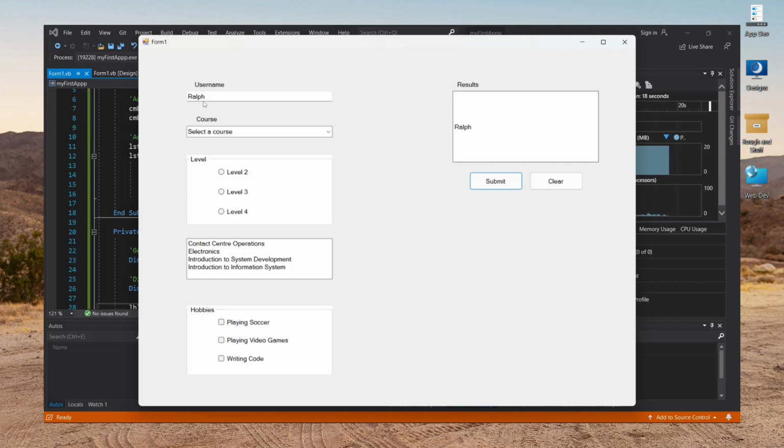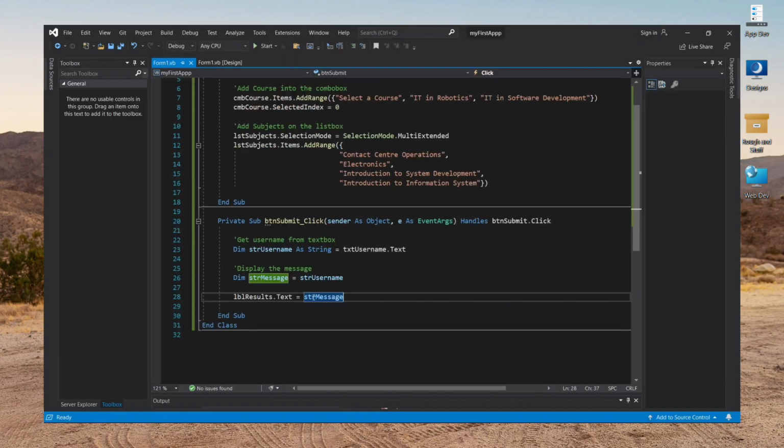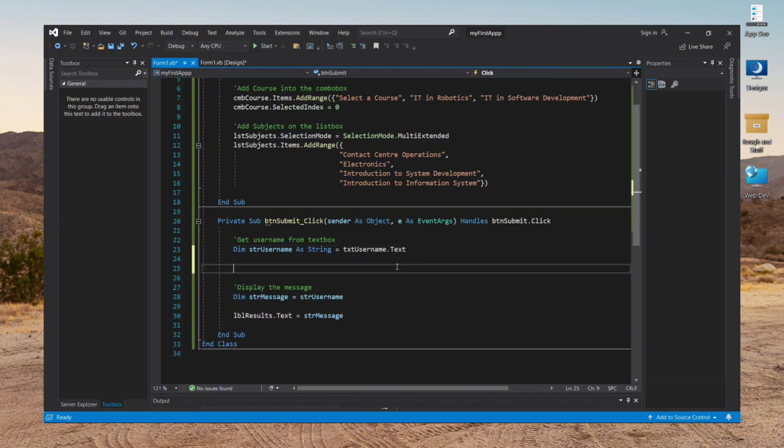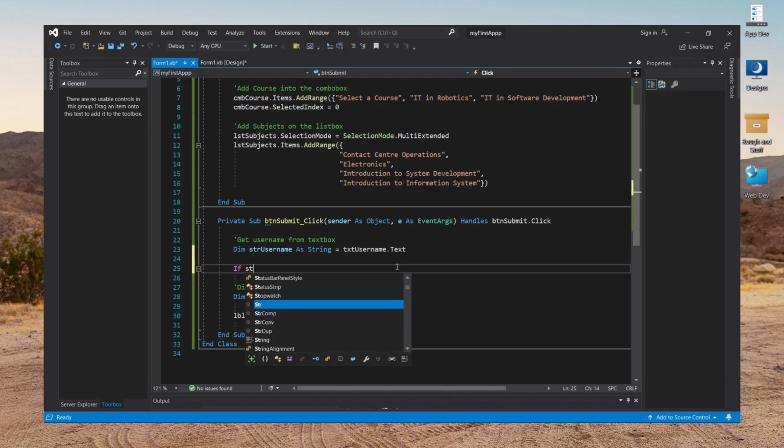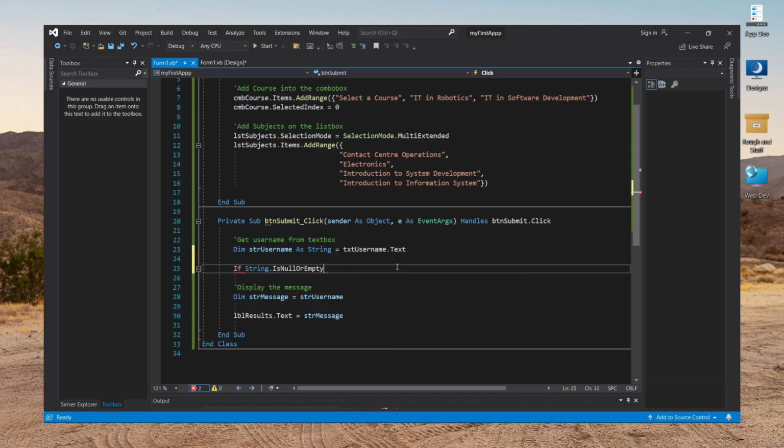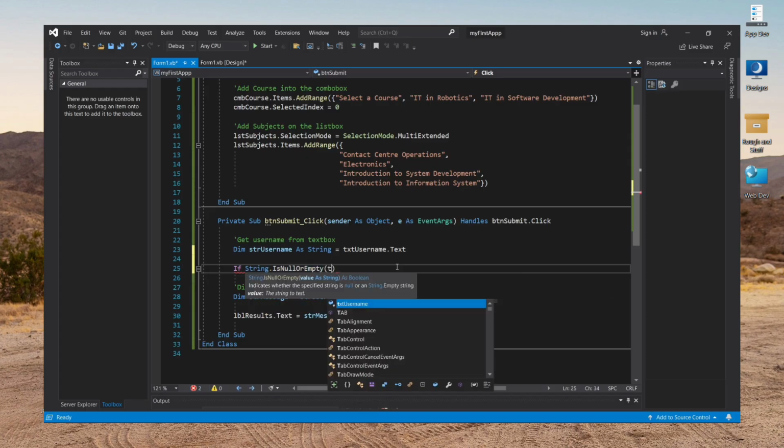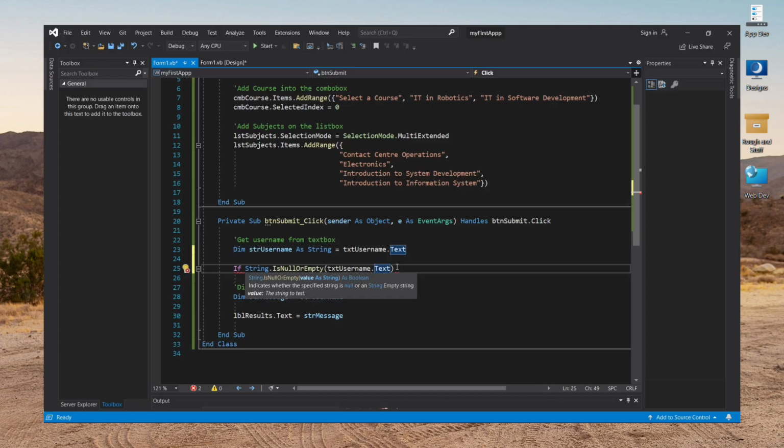Now, before we move on to the combo box, let's make sure the user types their name before they can submit, by validating that. We're going to do that under get username from text box, by an if statement: if string.IsNullOrEmpty and then we name that text box, then